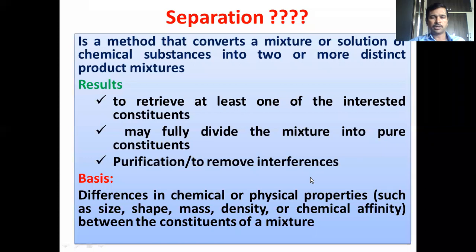If you take a mixture, if you take any sample, that will be made by different constituents or different components, and all those different components may possess different size, shape, mass, density, or chemical affinity. So if we are aware about the different sizes of all those components which are present in the sample, we can easily employ a suitable separation technique for the separation of all those components. That's what the basis is going to be for the separation of chemical components. So the physical properties of the analytes, mainly size, shape, mass, density, and chemical affinity.